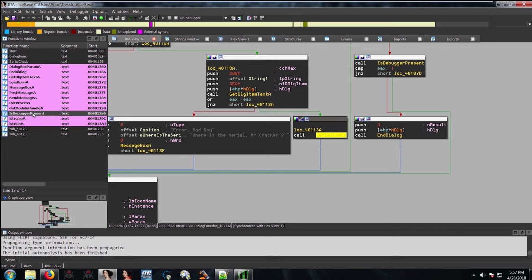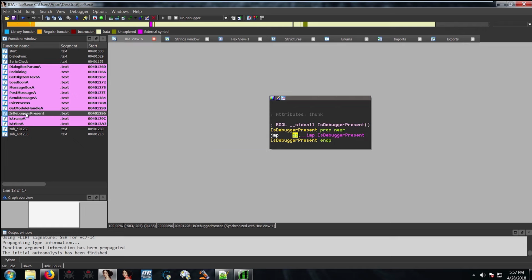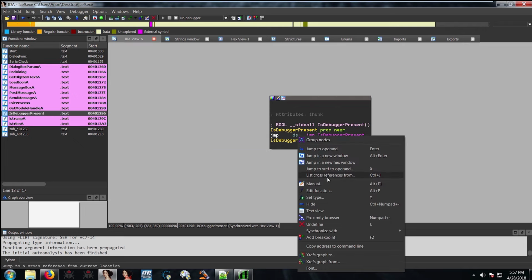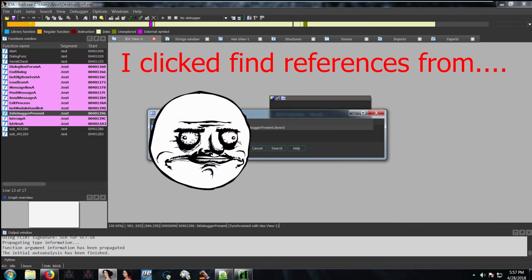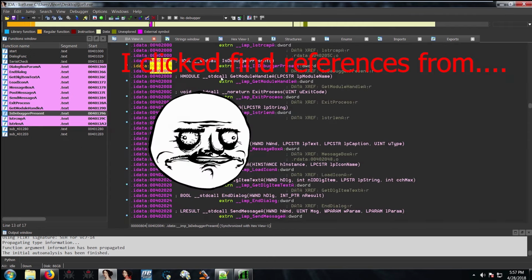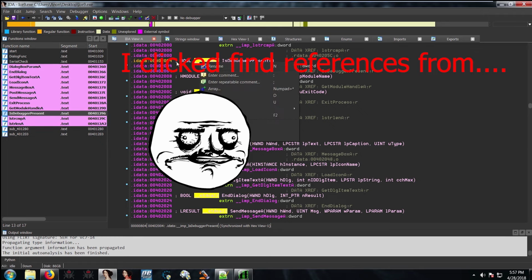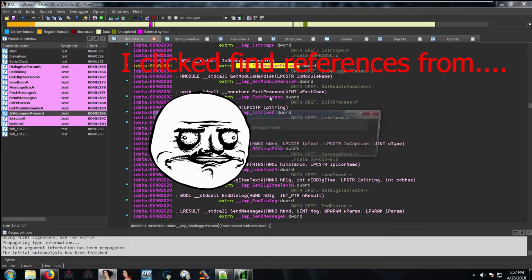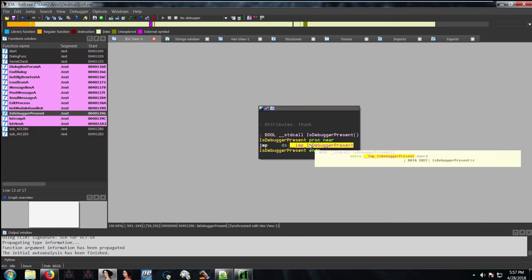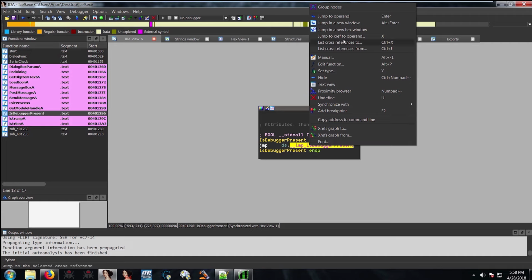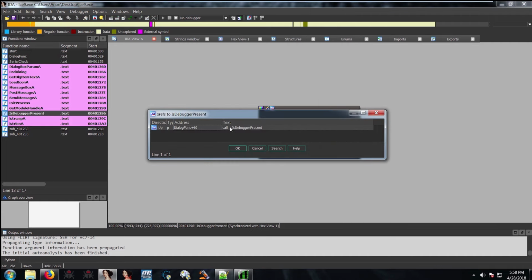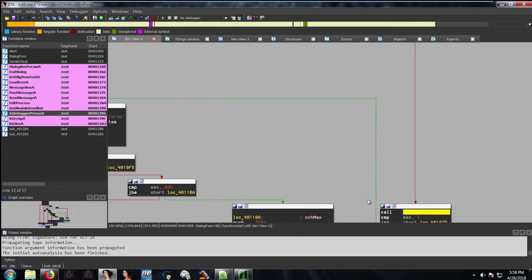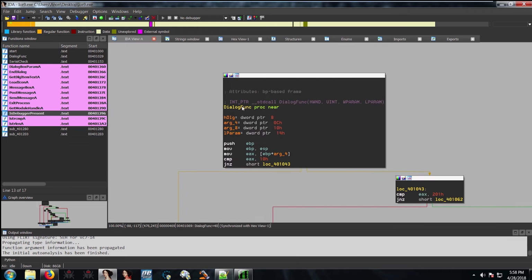as a pretty primitive anti-debugging technique. We could click this and right click, list cross references to, and it'll show us where in the program it's being called. If we double click this, it's being called from the function we were just looking at, the dialog function,